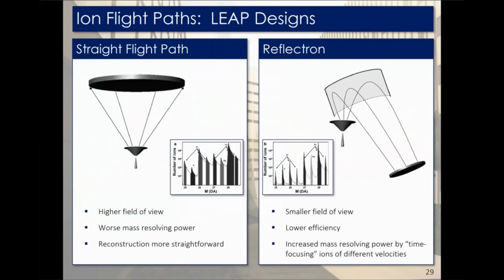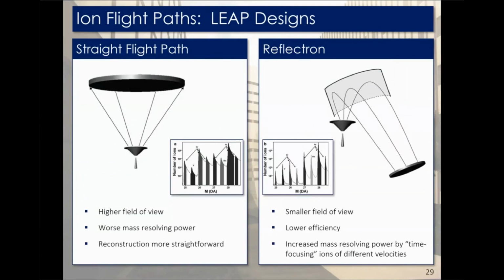Finally, I'd like to also mention a little bit about what happens when an atom is ionized and is flying out, because there's a couple different models of atom probe. It can either be done with a straight flight path or a reflectron. The straight flight path is exactly as it sounds. It gives an advantage of a higher field of view at the expense of a little bit worse mass resolving